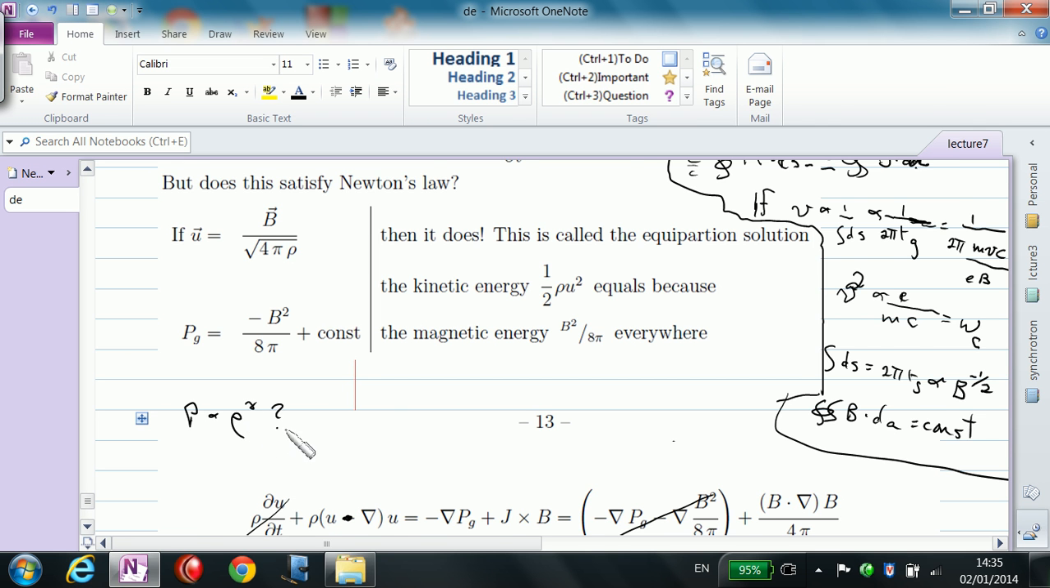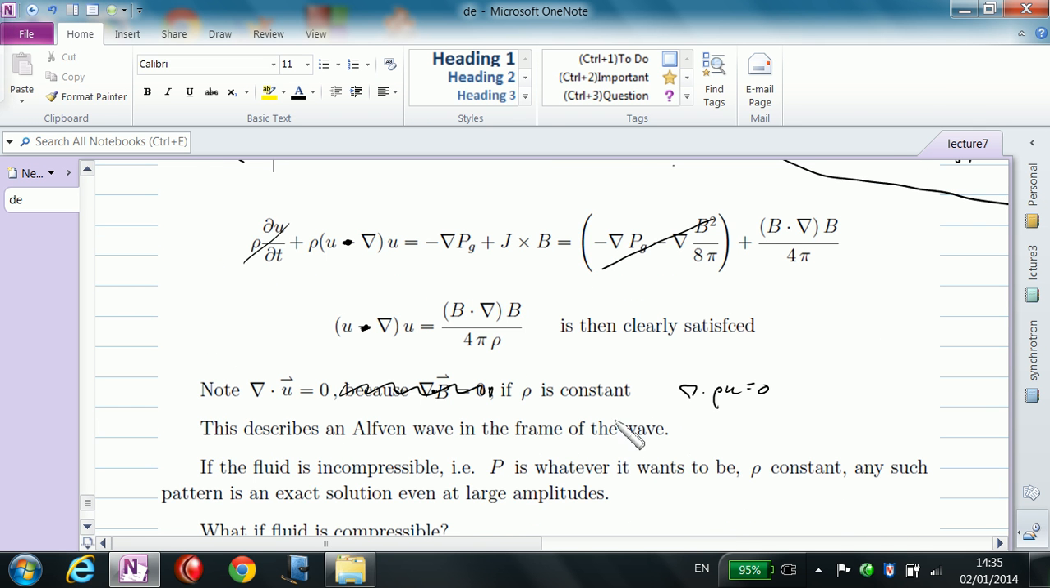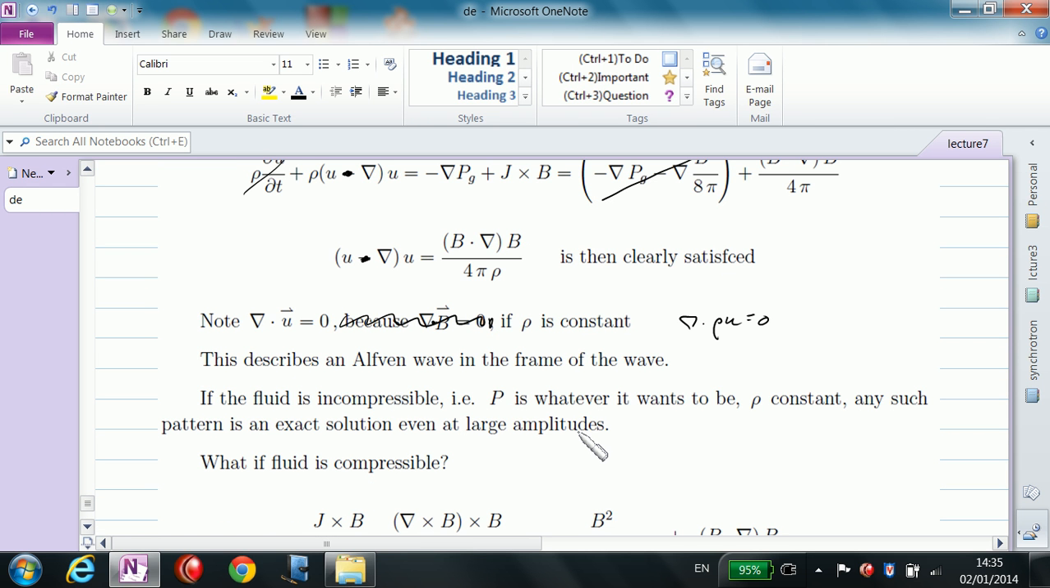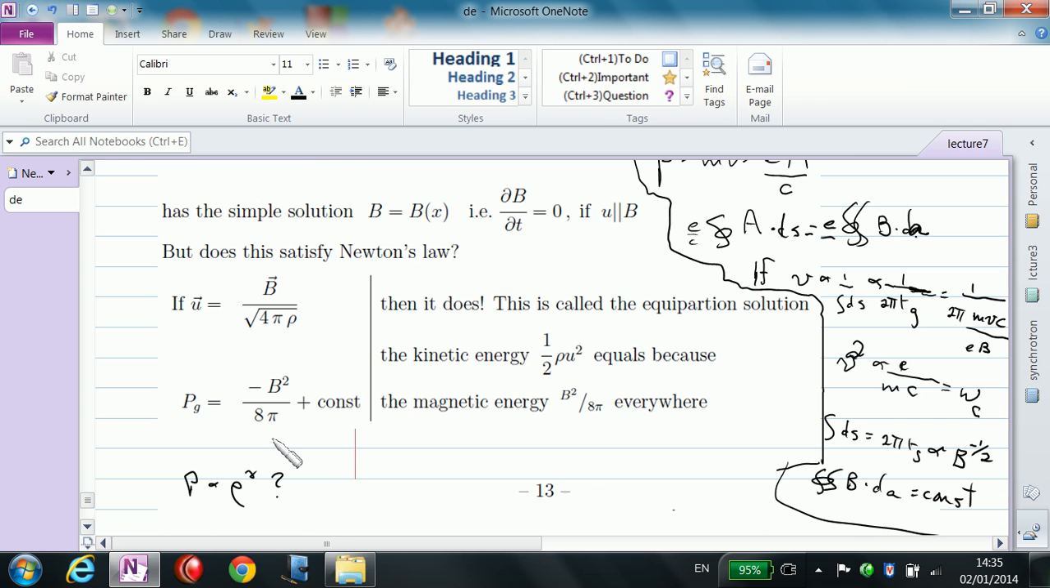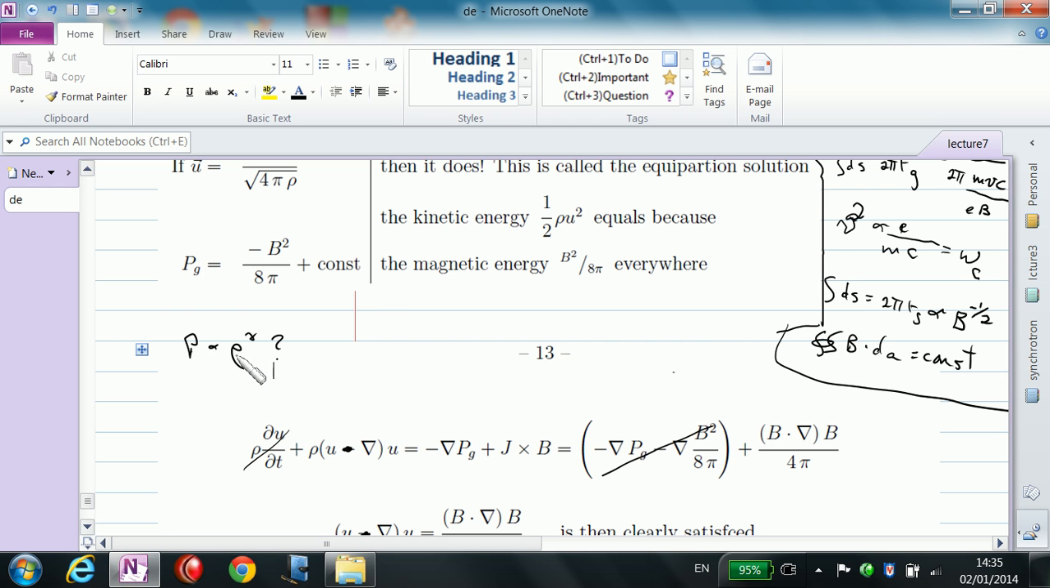But if the fluid is incompressible, then P is not proportional to rho to the gamma, because rho is constant and P can be whatever it wants. So if the fluid is incompressible, we don't have a problem with the equation of state. If the fluid is compressible, then we don't really know that this is an exact solution, because we didn't necessarily satisfy this. In fact, we didn't,